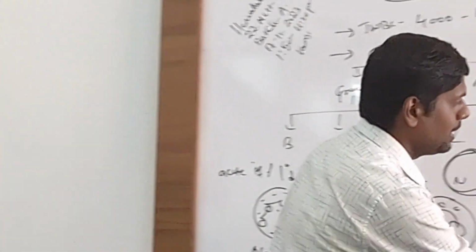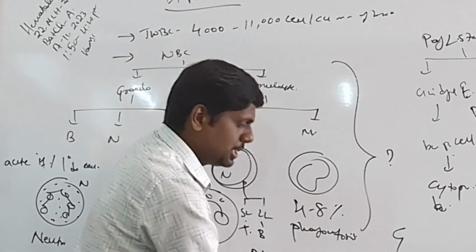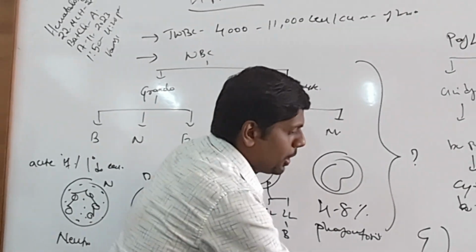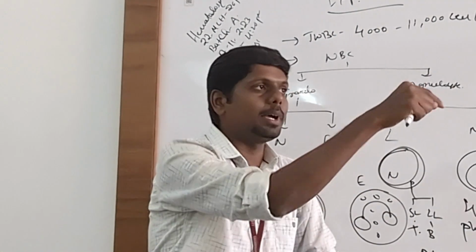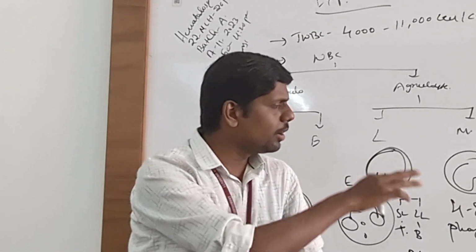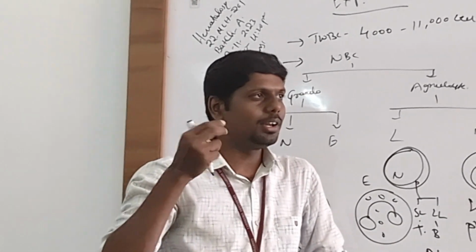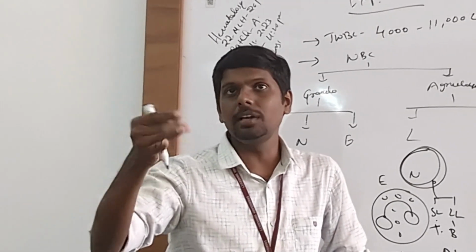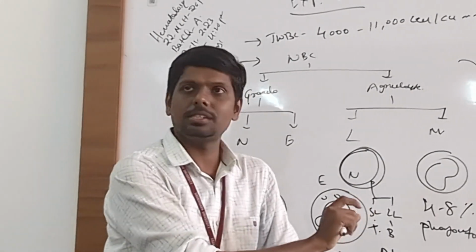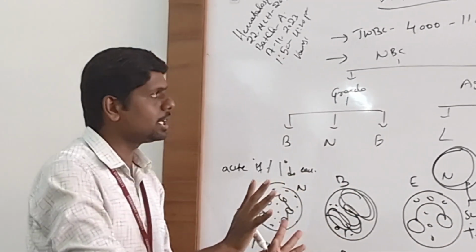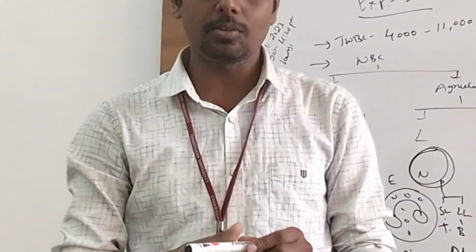Giemsa stain, Wright stain, Field's stain, Leishman stain, all these are Romanowsky stains. All have similar properties, and all the stains are dissolved in alcohol. So all of them have similar principles, but the dyes we are using are different, from various components. Blue and pink color dyes are different, and the pH varies slightly. That's it. This is all about DLC and Leishman staining, and we will perform Leishman staining now.